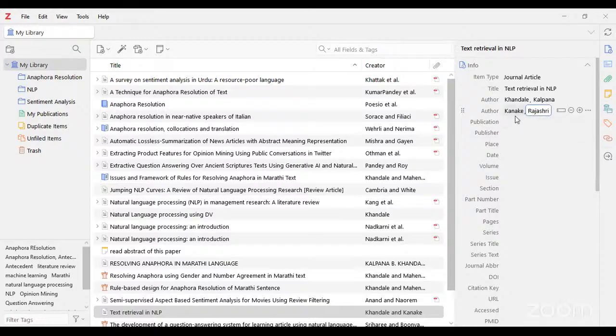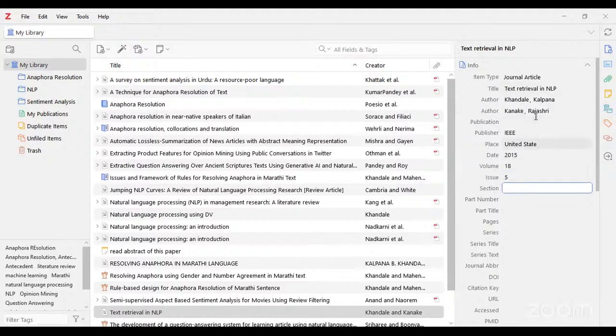Then you have to add the publication and publisher. Suppose I put here IEEE. After that, the date, 2015 for example. Place, suppose. Then volume 18, for example, issue 5.